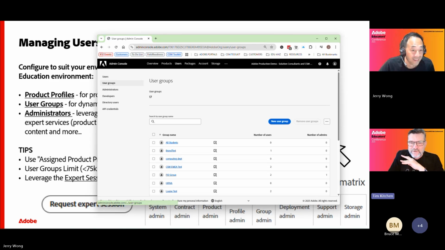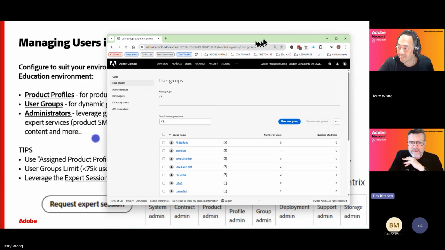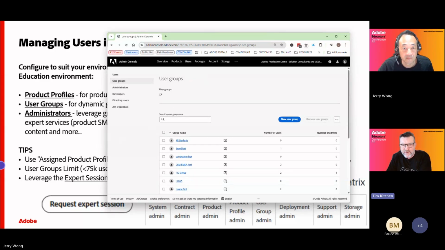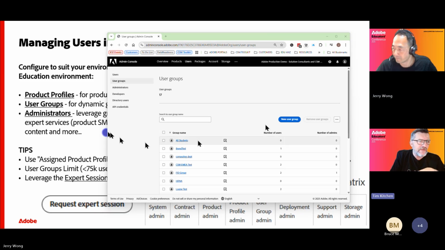While I've got everyone's attention for a second, in the chat there are a few comments coming through. Jerry, you're covering the first one. Bernie said, I'm curious to see some of the capabilities of the console, which you're already going through. I don't have access myself, he says, but keen to see how we can best manage the experience for learners and educators. So you're kind of doing that already. But Bernie, if there's anything specific that you're interested in finding out about, maybe throw that into the chat later.